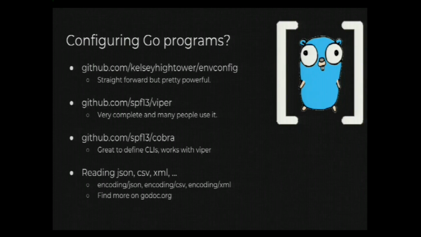Configuring Go programs. So if you have a Go program, do you pass flags, configuration files? How do you do this? And the answer is it's up to you. If you're doing things on Docker and Kubernetes, probably environment variables, that's what you want to do. But if you're doing something that is more like a CLI that people are going to be running, maybe you